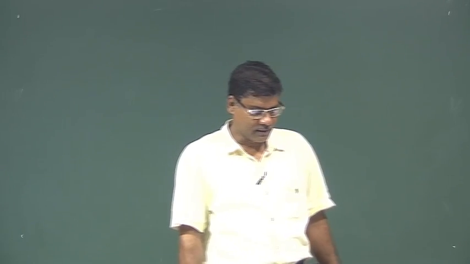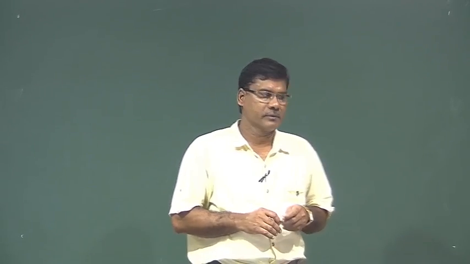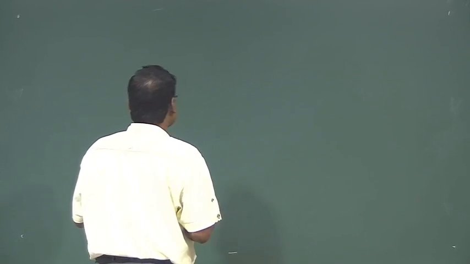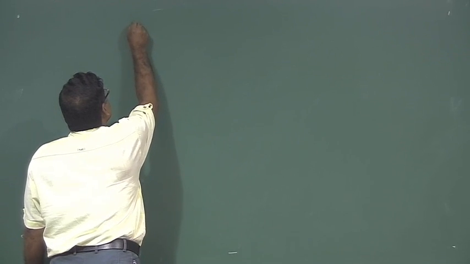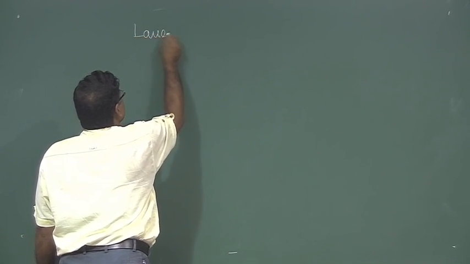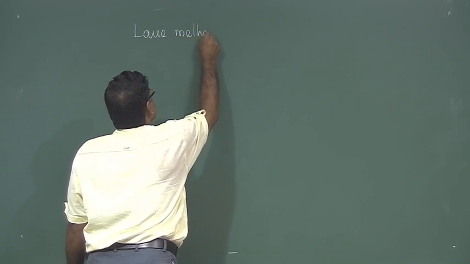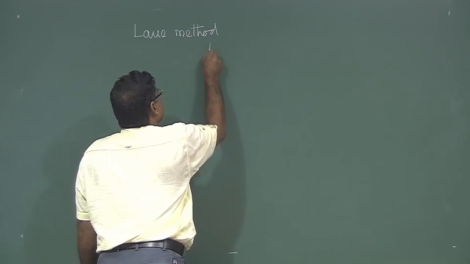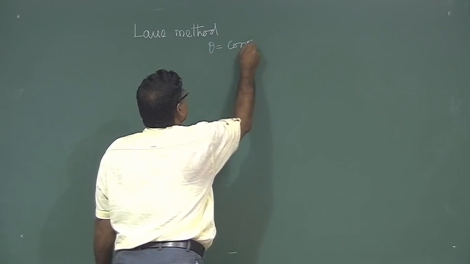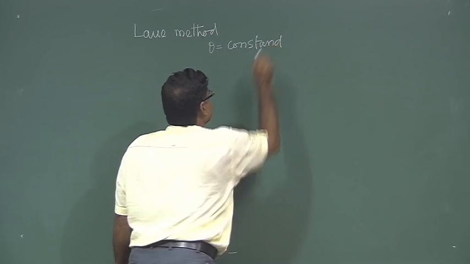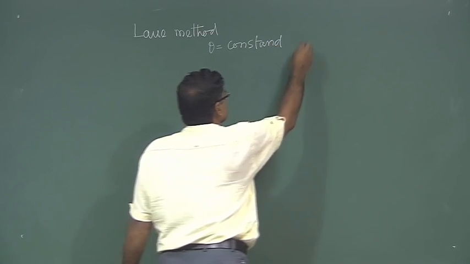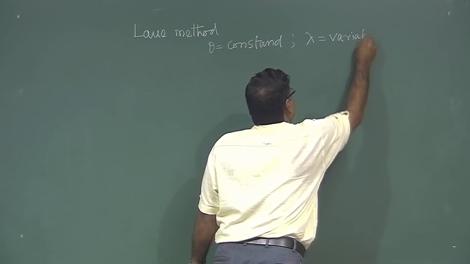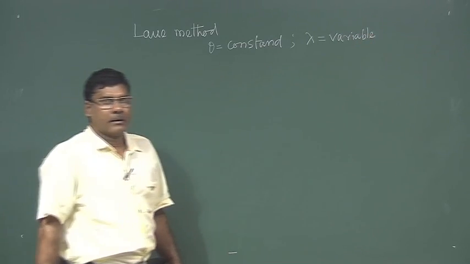So, we are discussing the experimental method to determine the crystal structure. In the last class I discussed the Laue method. In this method theta is constant and lambda is variable, right, and we have seen that